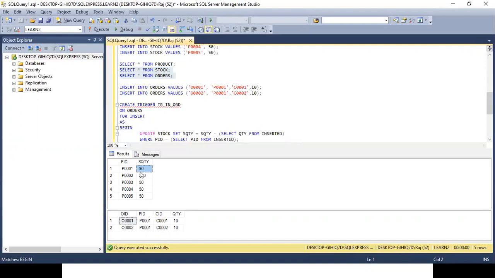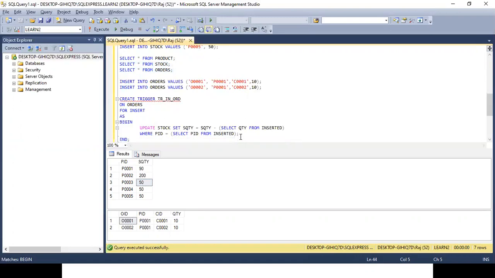One more point to be noted here. This time, as you noticed, it appeared two times: 1 record affected, 1 record affected. Why? Because one was the message for the insert statement, and another was the success message of the update statement. This can sometimes be misleading for the user. The user might think, I have inserted 1 record, why am I getting a duplicate message? He might consider it a duplicate message.